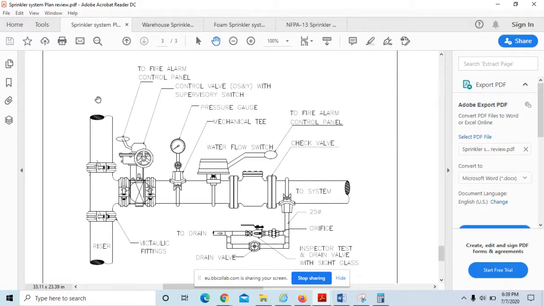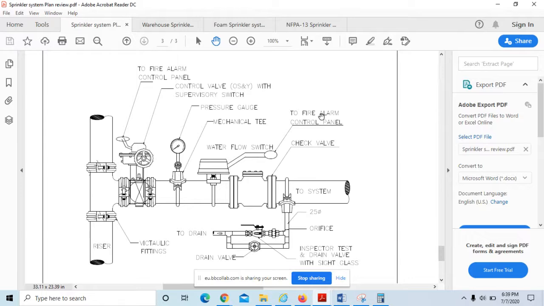So now this is a riser going all the way to the top floor, maybe 4, 5, 6, and so on. And on this floor, it is connected to a zone control valve. This is our isolation valve. We can close this valve for maintenance, and it is a supervised one. Once we close it, it gives a signal to the fire alarm panel that someone is closing this one. And we have a gauge to make sure what pressure we have. We have a flow switch also. It will tell us, let's say in a 10 floor building, exactly where there is fire, right? So this water flow switch will be connected to the control panel.